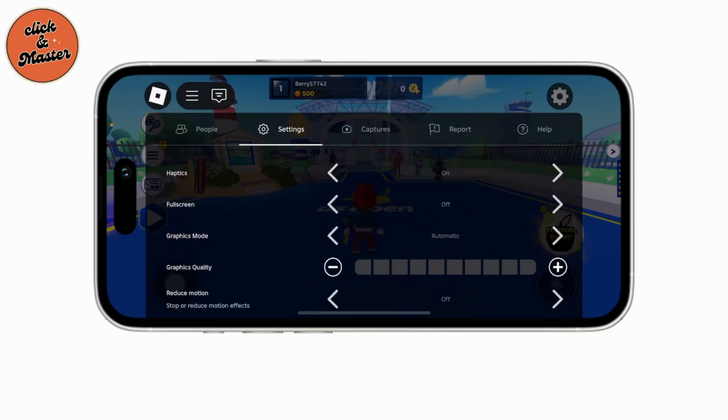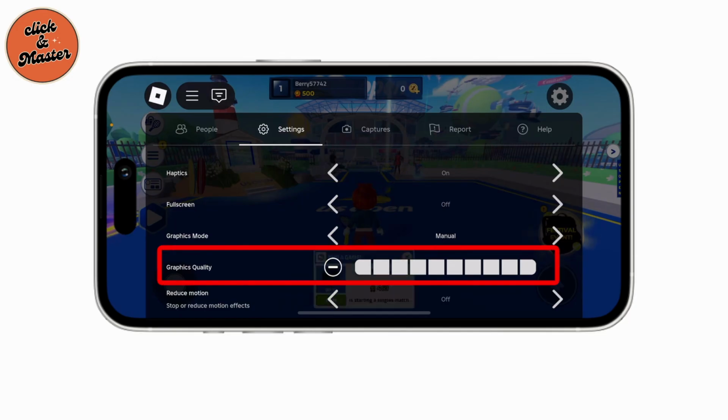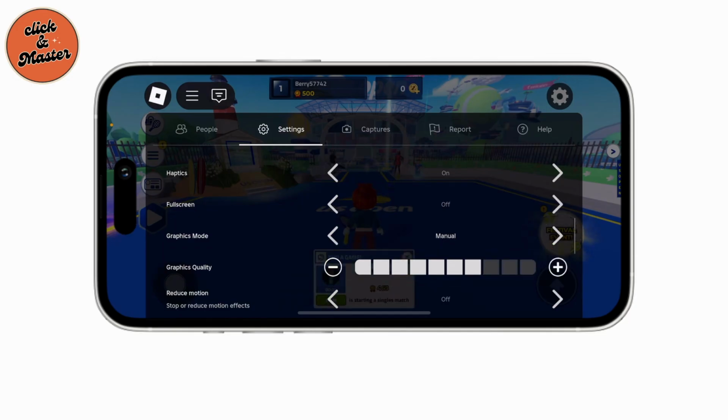Scroll down to find the graphics mode. If it is set to automatic, we need to switch it to manual. This is important. If the graphic quality is too high, it can decrease your FPS and cause lag. So change it to manual, and you can see the graphic quality. If it is on very high, then just tap on the minus icon and set it to the